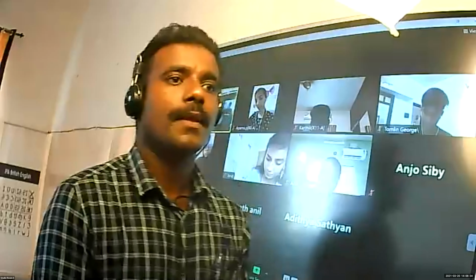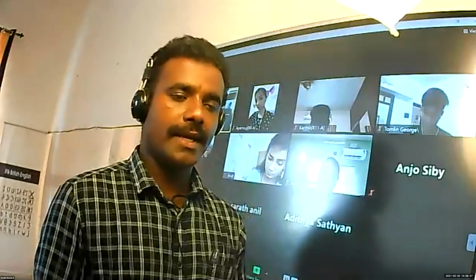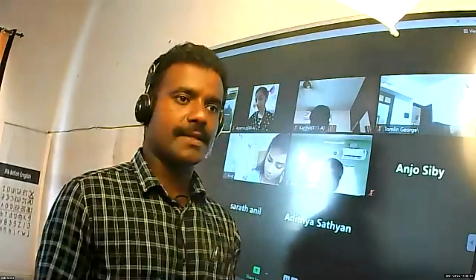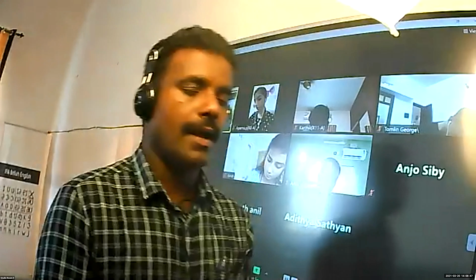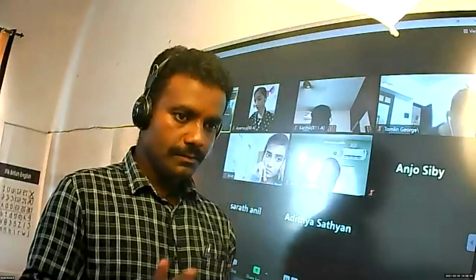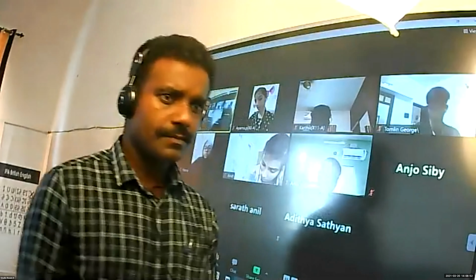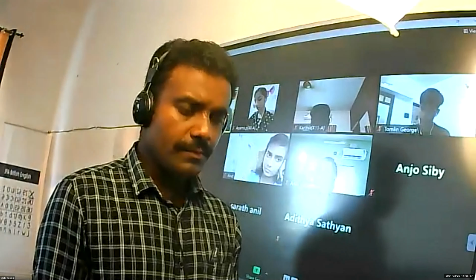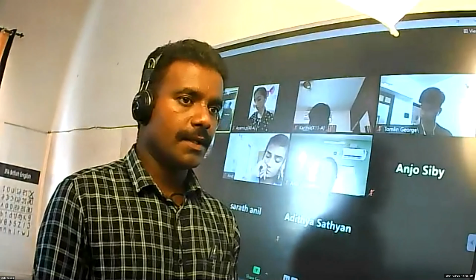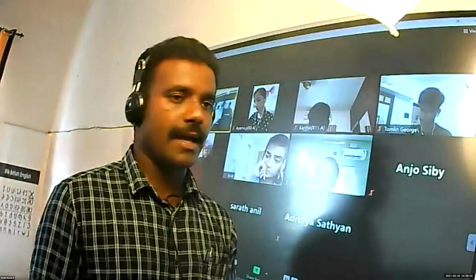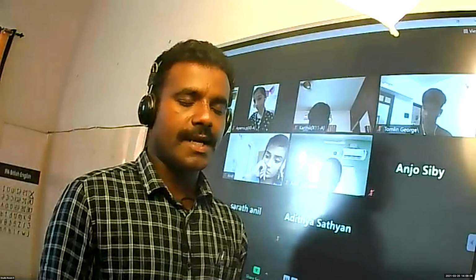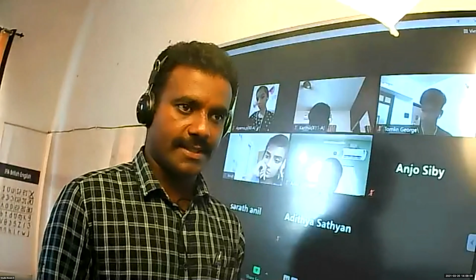We have seen the format of the balance sheet according to Schedule 3 of the Companies Act 2013. So we studied the format. Under that, on the equity and liability side, four major heads are there: shareholders' fund, share application money pending allotment, non-current liabilities, and current liabilities. Then under assets, two major heads: non-current assets and current assets.